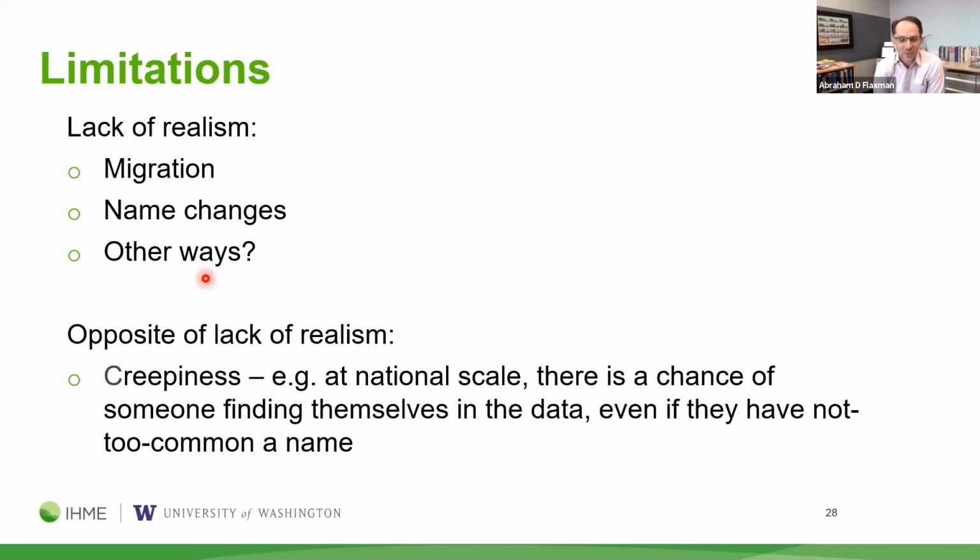Some of you might have very common names and be familiar with lots of people sharing your name, but with 330 million names and addresses, even if you have a not too common name, somebody's going to find themselves in there. And it's still a simulated person. It's probably not going to have their right address. It's certainly not going to have their right social security number, but there's still a certain creepiness to this.